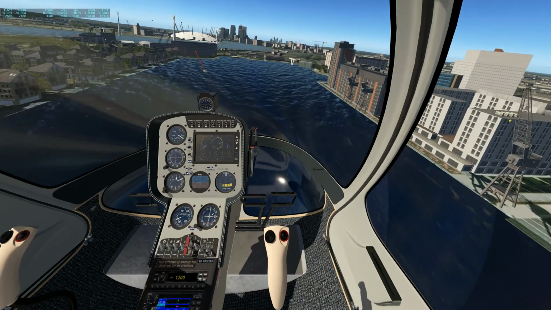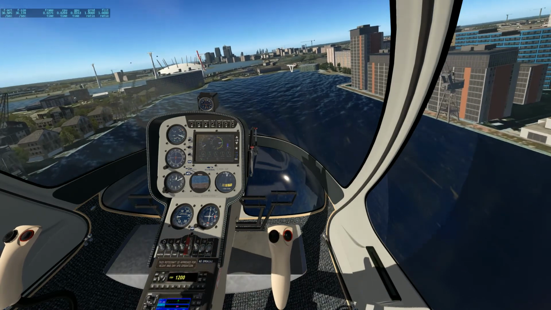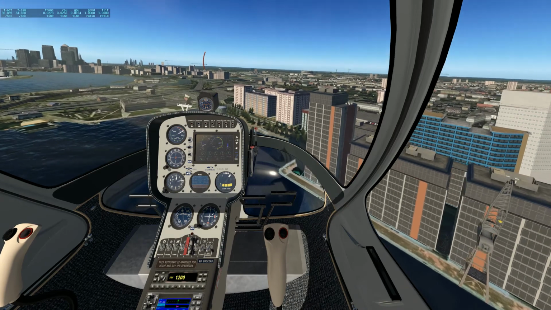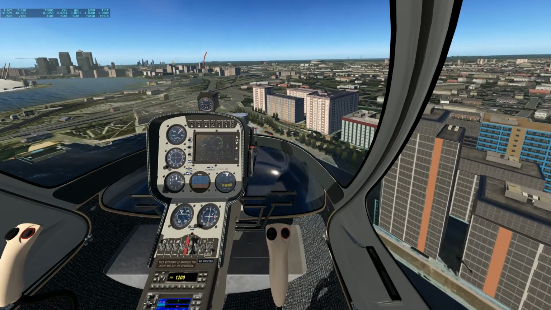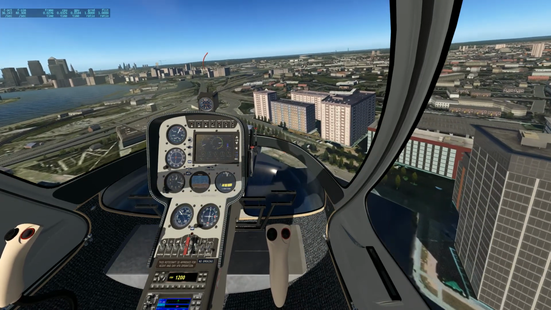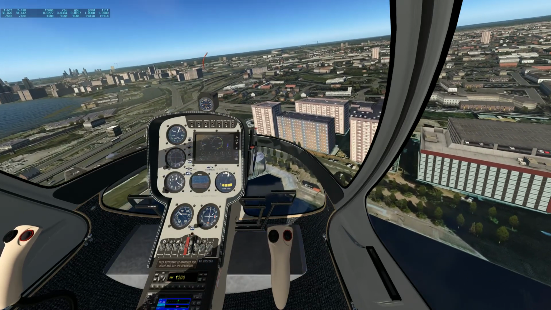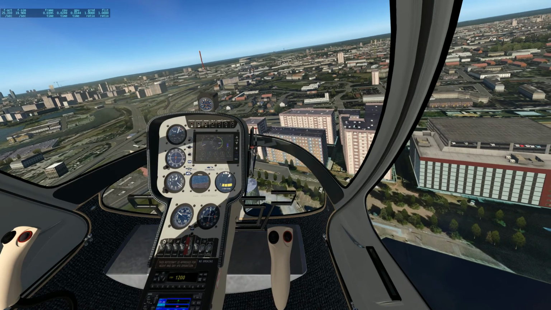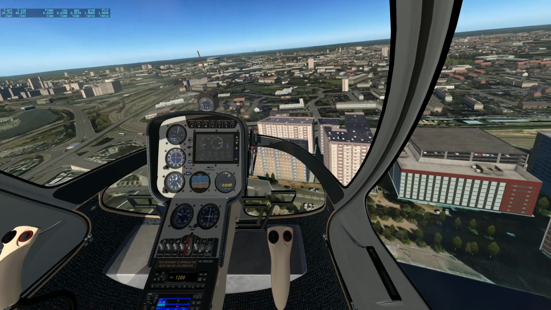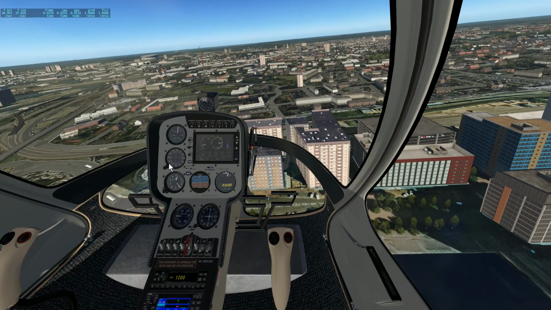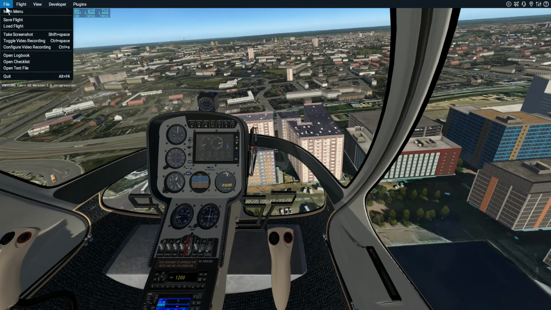Completely flyable, no problems whatsoever. So, deleting those files and having to recalibrate the joysticks has given us a much higher frame rate that wasn't there before. Now, the catch, as I mentioned earlier, is that if we now stop